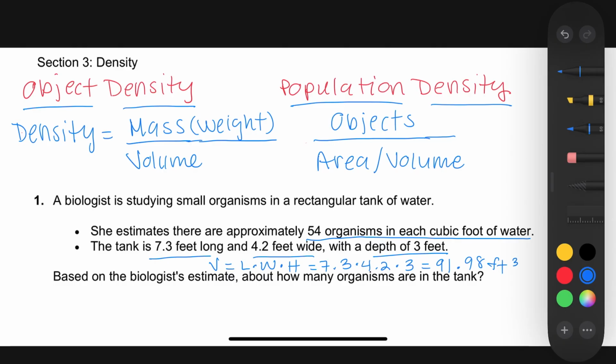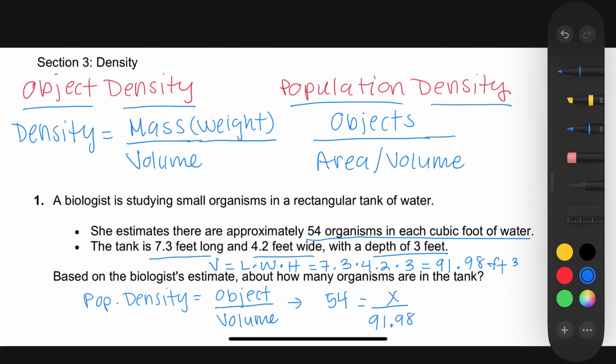And then we know the density. So the population density is going to be equal to the amount of objects, or in this case, those microorganisms, over the volume. So let's go ahead and fill in everything we know. We know the population density is 54 organisms per cubic foot of water. We don't know how many organisms we have, but we know the volume is 91.98. So if we know that there's 54 organisms in each cubic foot of water, and there's 91.98 cubic feet